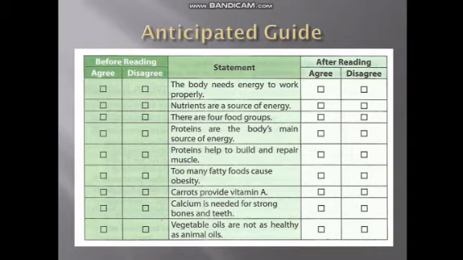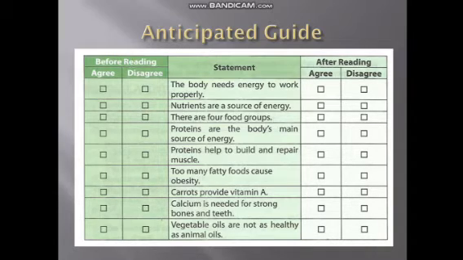Too many fatty foods cause obesity. I would agree with this statement, that too many fatty foods cause obesity, because when you consume too many fats. All right. Next statement says carrots